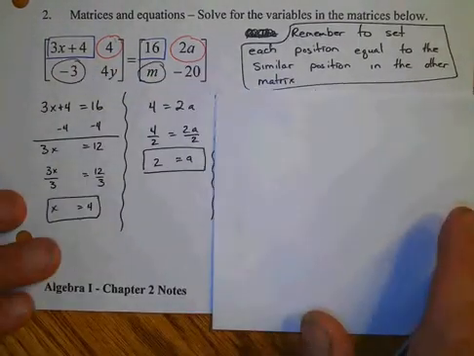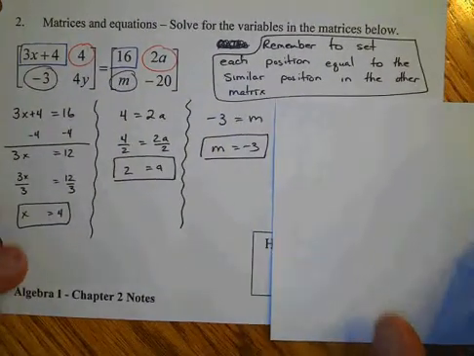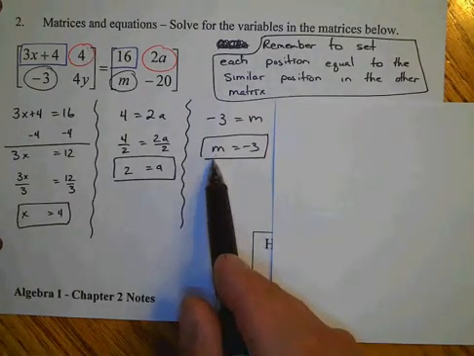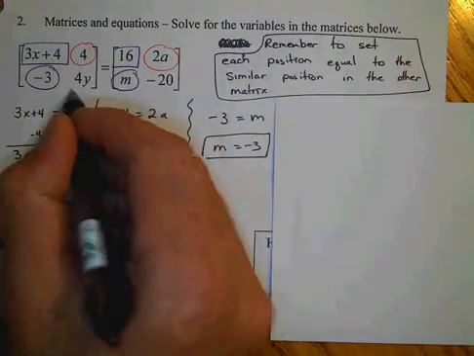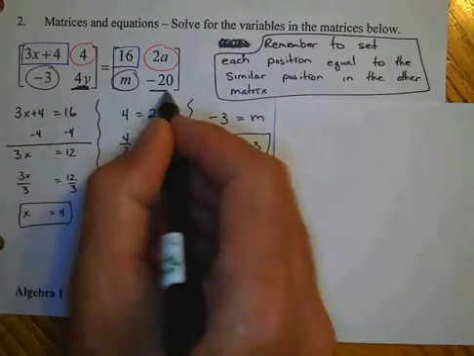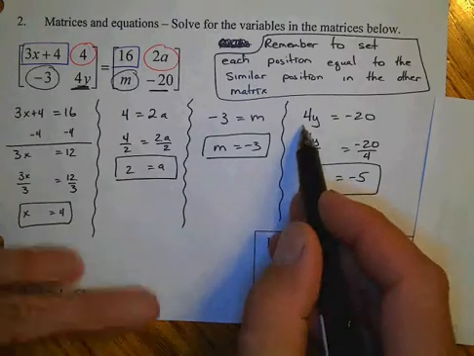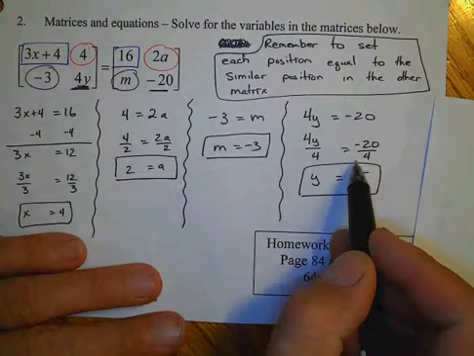Our third part, I'm going to circle those bottom left corners. That's -3 equals m. Well, there's nothing really to solve there. I guess if you wanted to, you could put the m on the other side. And then finally, we'll underline these last two. 4y equals -20. To get rid of the 4 as a coefficient, we divide both sides by 4 and get